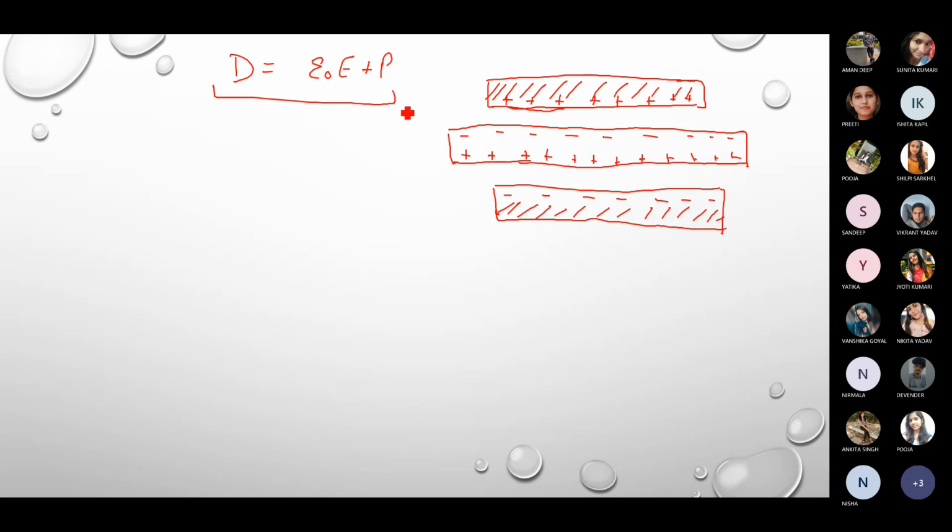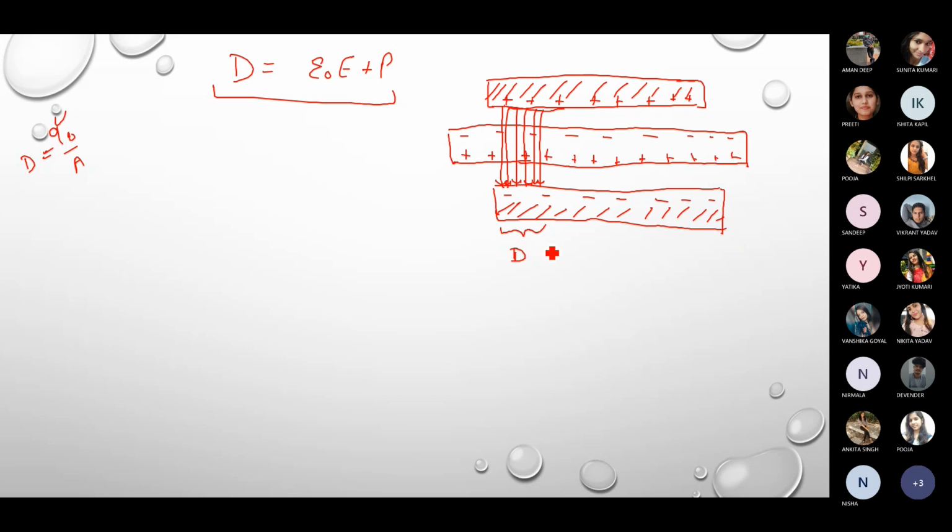See, the electric displacement vector D is connected with the free charge only. ठीक है, क्या है इसकी वैल्यू? D is equal to क्या था? Q naught upon A. तो अगर आप इसको देखोगे, this is totally connected with the free charge, right? तो इसमें जो lines of force होंगी, they will be just the lines of force coming from this positive plate to negative plate, right? So this, because this is just concerned to the free charge only, इसका कोई लेना देना नहीं है डाइलेक्ट्रिक के साथ. So these will represent the electric displacement vector D.